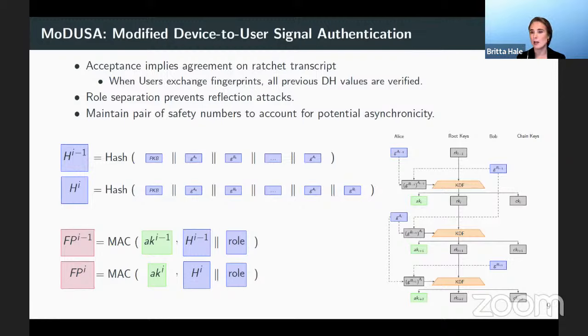Now, this does not mean that they need to be deriving fingerprints at every epoch. That's a very important point. You don't need to be doing that. Instead, when the user wants to compare out of band, which may be a year from now, they will flip the screen in the normal Signal setting. So that means they have to stop messaging, right? And they'll flip over to the I want to authenticate to generate, say, their QR code. And at that time, you can actually compute these fingerprints. So you don't have to compute them all the time. And you only need the last two authentication keys, which are separate from all other keys already derived.